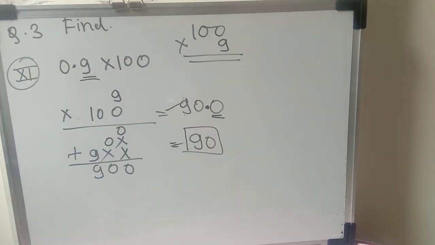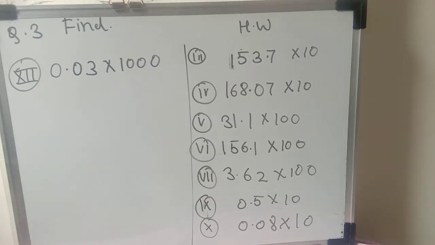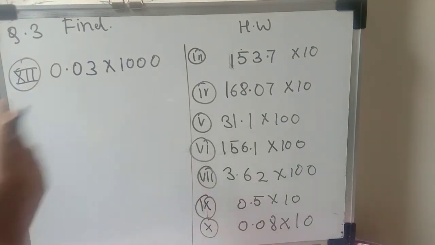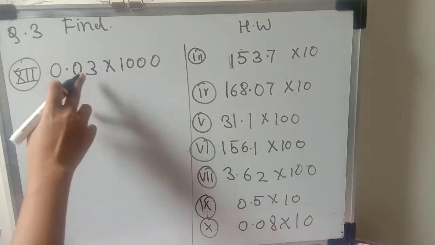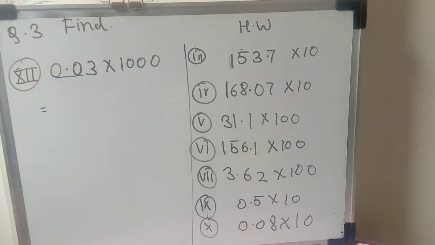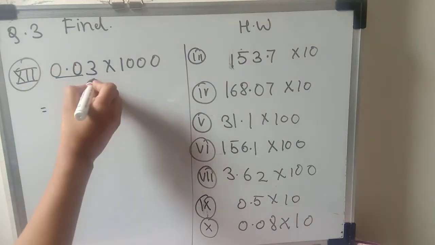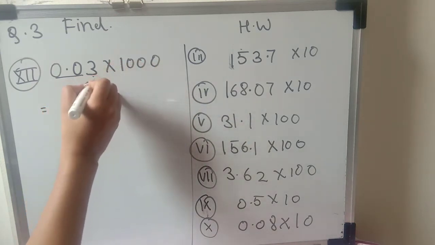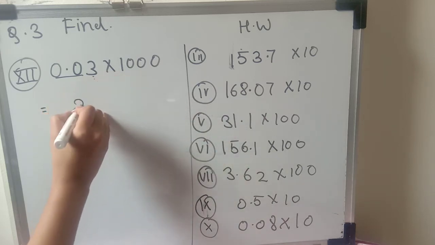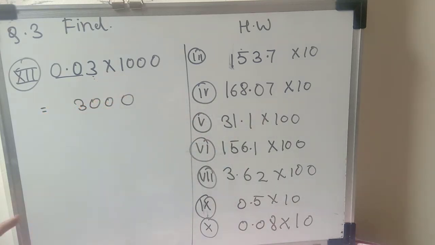Now let's see the 12th example where we have to multiply the numbers with 1000. Same way you have to do it, nothing is different. Okay, so students, let's solve the 12th example now. Here if zeros are there, don't consider them, just multiply the 3 with the 1000, and here we'll get 3000, means 1000 threes are 3000. Simply I am just doing it.